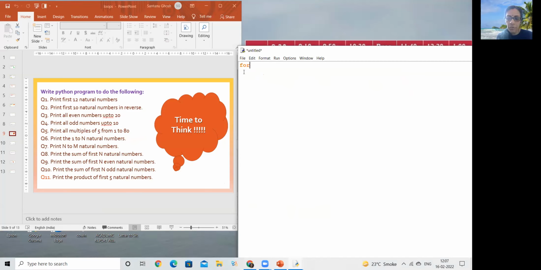Any input required from the user? No. You agree to that because he's told me I want 1 to 12. That's it. So no input required. So I say for i in range,